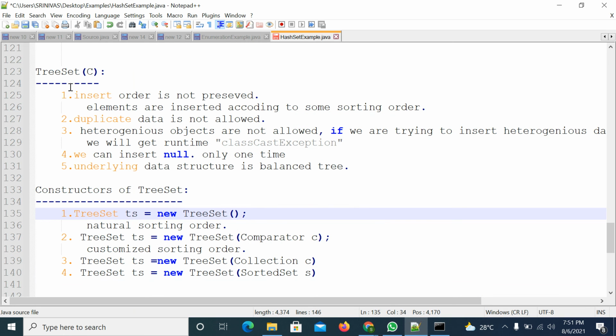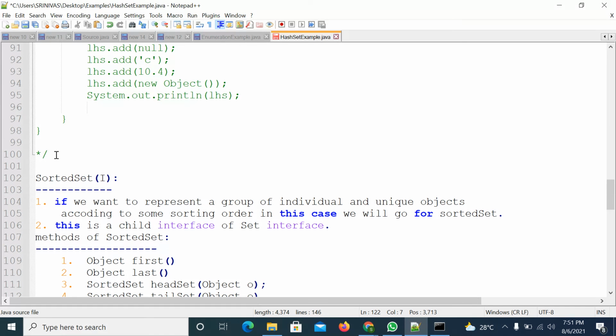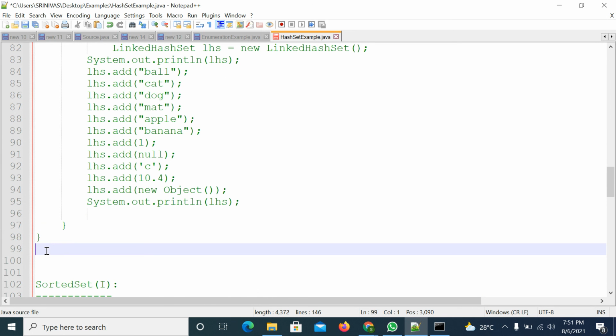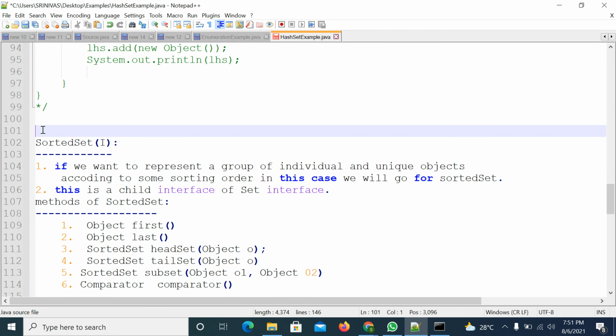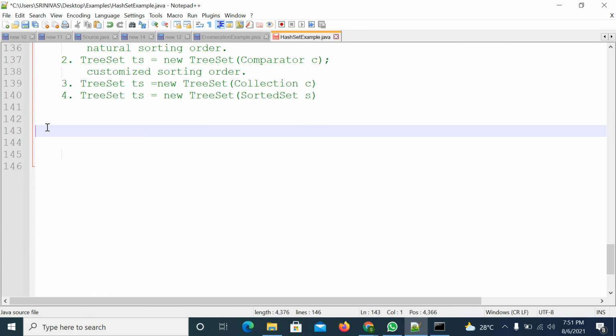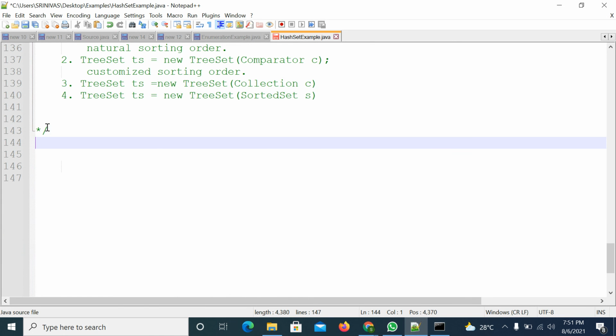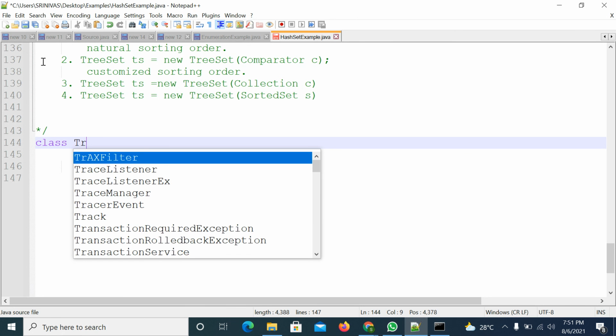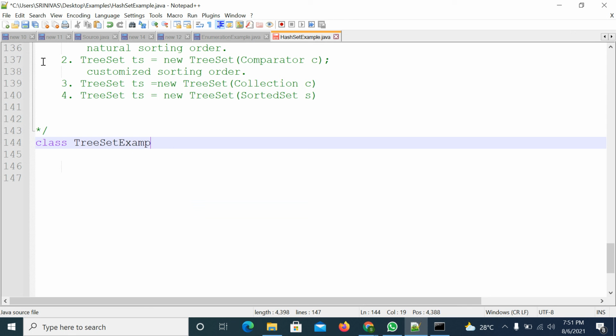So we'll see a tree set with one example. Sorted set, then tree set. Class TreeSetExample.